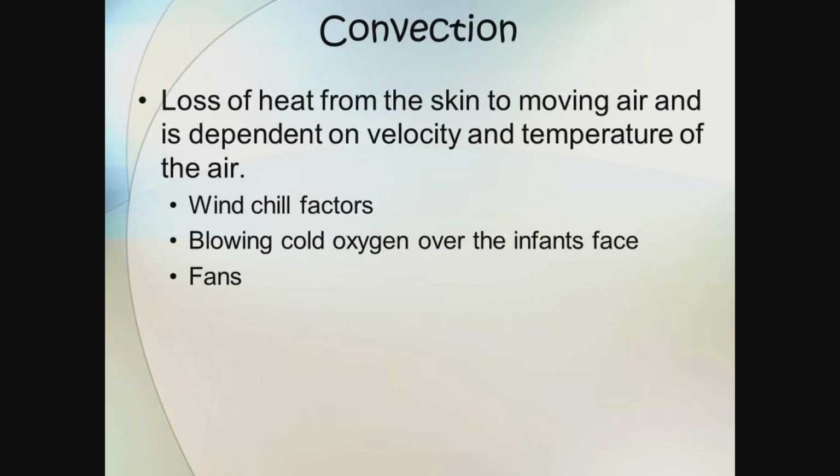Convection is the movement of heat due to air moving above the surface of the skin. This is how things like wind chill factors are calculated. Where we see it is just having that child lying on a warming surface. The air created by somebody walking by is sufficient to cool that baby